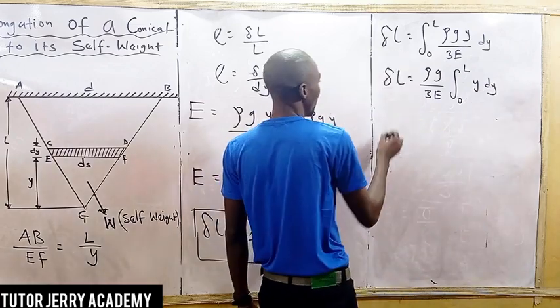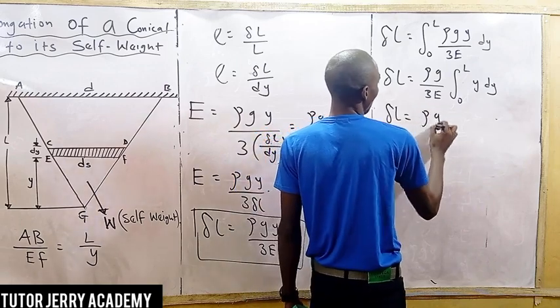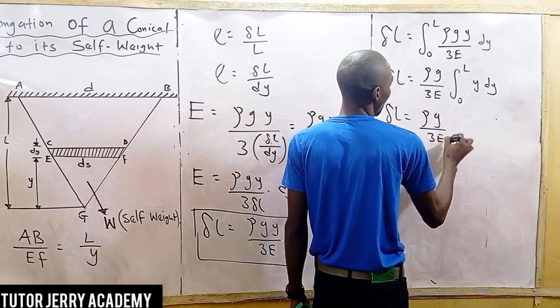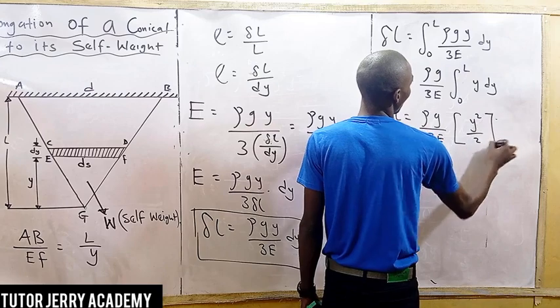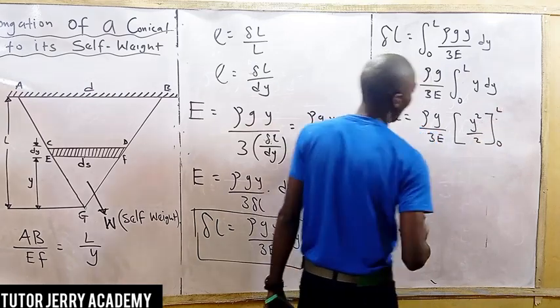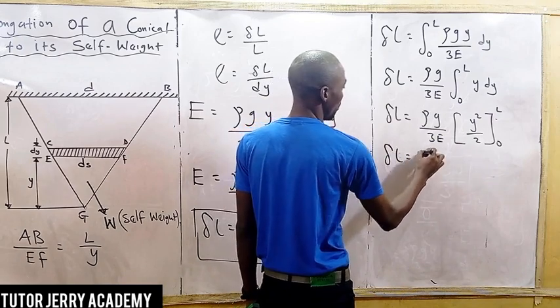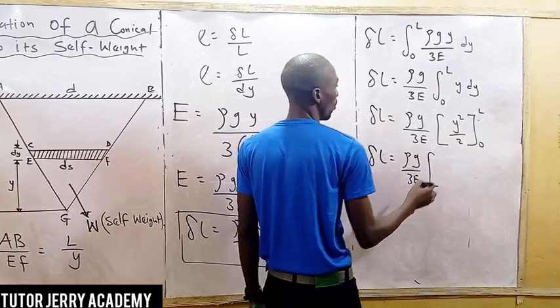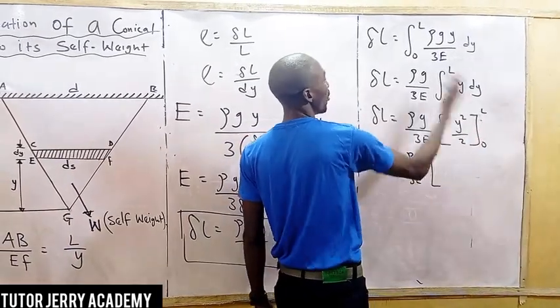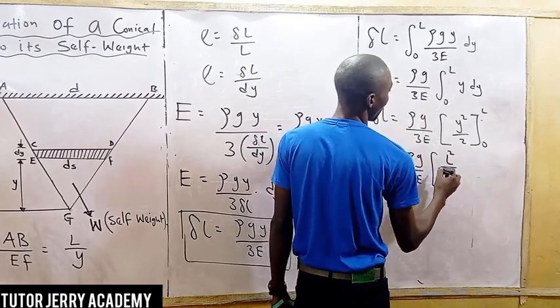By the time we integrate that, we get density, gravity all over 3E into y squared all over 2, from 0 to L. By the time we do that, we get delta L equals this over 3E into, putting the upper and lower limits, L squared all over